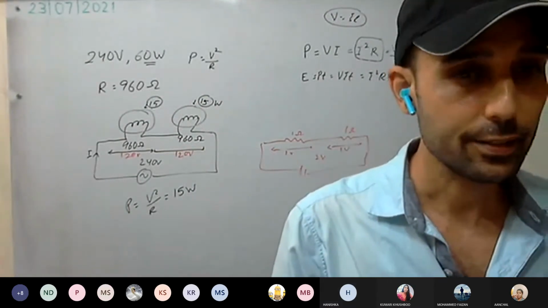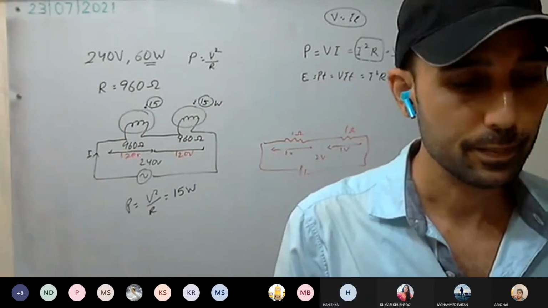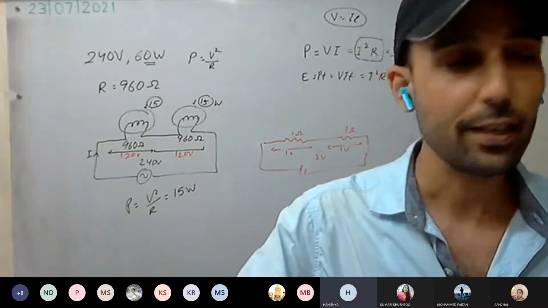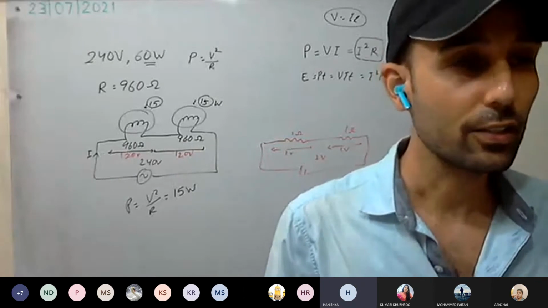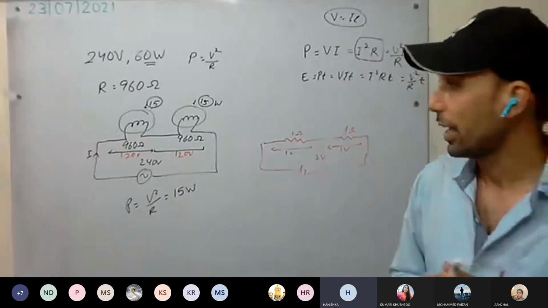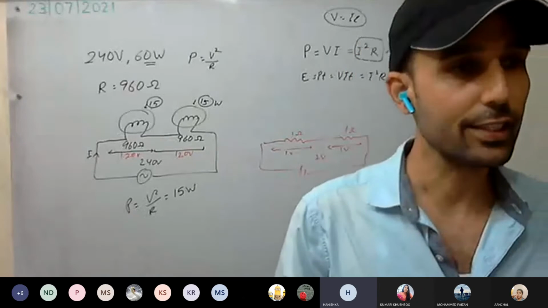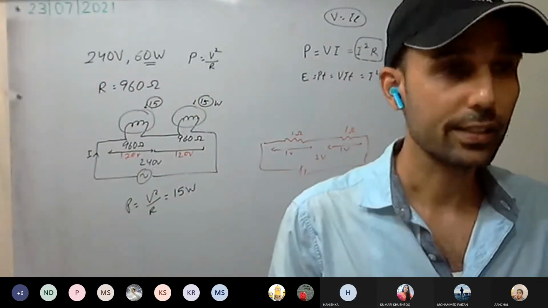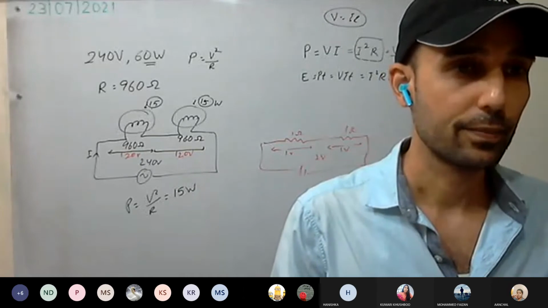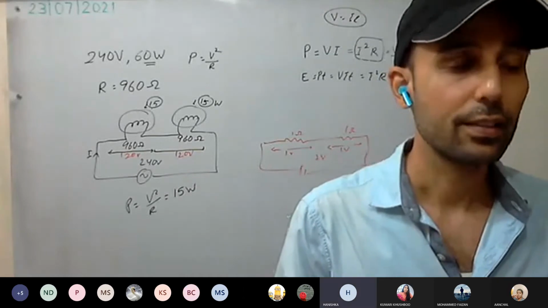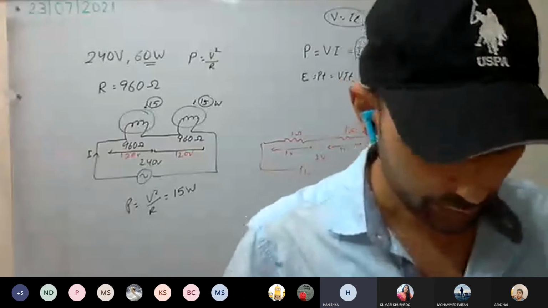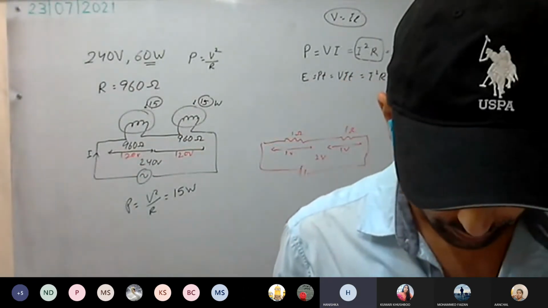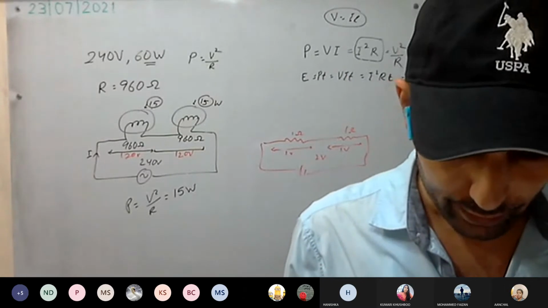Sir, what is the SI unit of electrical energy? Joule or watt? It's joule. SI unit of work, SI unit of energy, it's joule. Okay, watt hour, kilowatt hour, they are commercial units. Sir, here fourth question is asked. What is the question? SI unit of electrical energy? Fourth question. Name the SI unit of electrical energy.